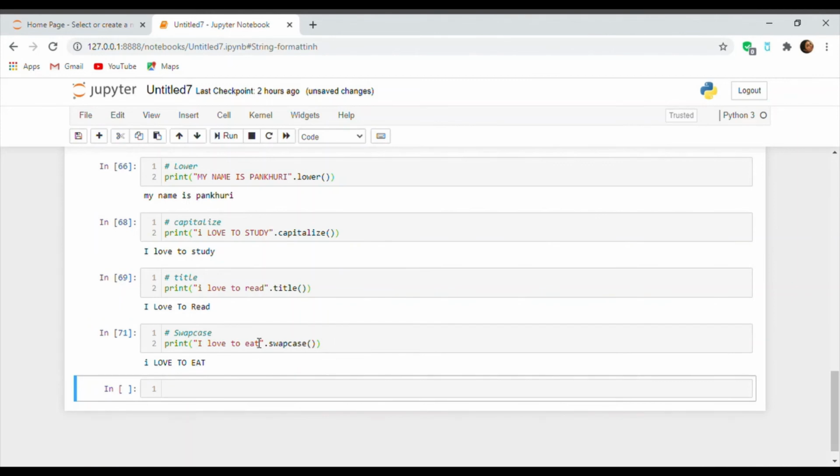Swap case capitalizes the small letters and it makes the capital letters into small. So here I was in capital, so it has made the capital I into small. Love was in small letters, now it is in capital. To and eat were also in small, so they are in capital now. You can even try out this with input prompts.